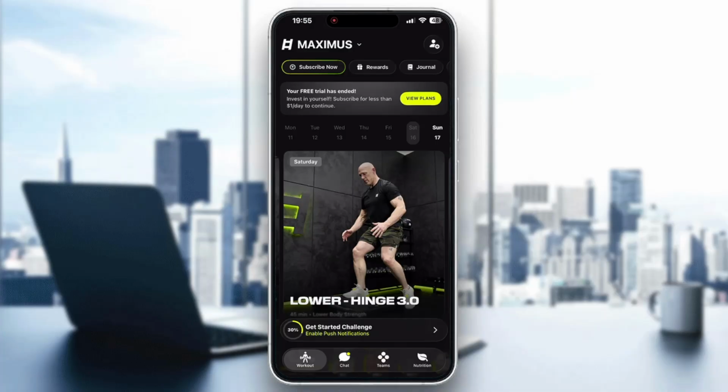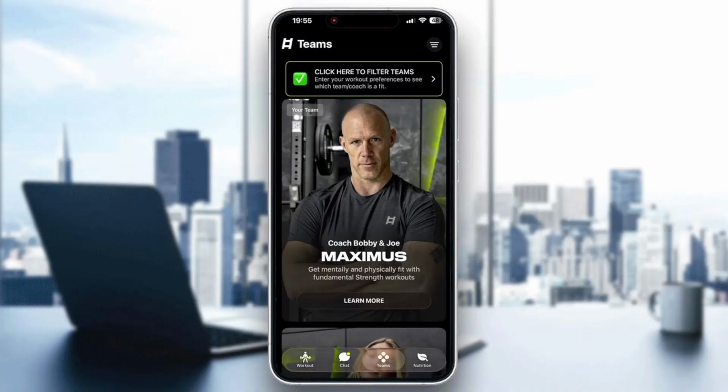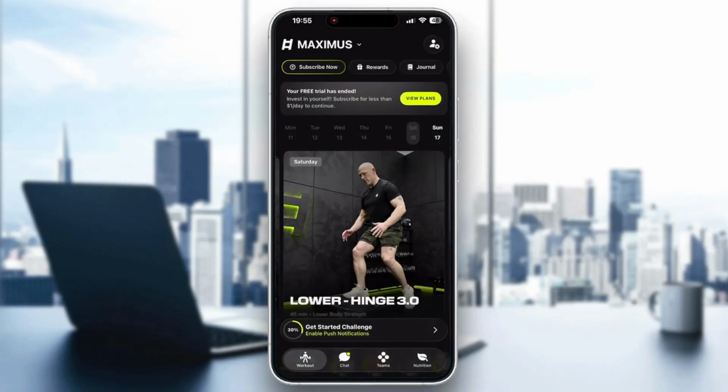From this main page, we can get started with choosing what team we want to be a part of. Right here in the bottom right corner, we have the team section, from where we can get started filtering out teams and finding which one is the best for us. So go ahead and choose your team, and now we can access the workout page right here. From the workout page, we can get started with following workouts of our team, and now we can get started